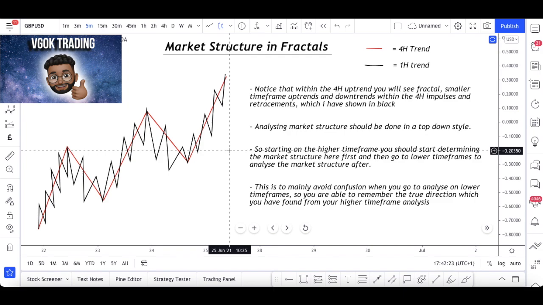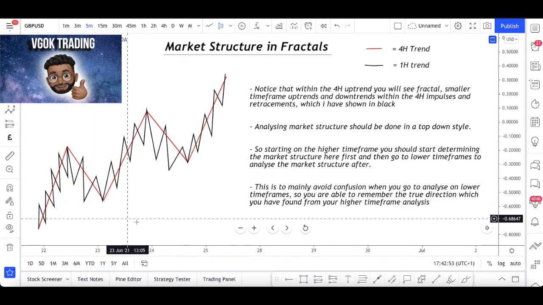And by doing this, I actually paid the price by hitting stop loss after stop loss, and I was in quite a big losing run. But in doing this, I was totally disregarding large amounts of the price action from the higher time frames, which I just had not looked at. And that was why a lot of the time I was getting my directional bias confused. And in the end, I was just trading against the market